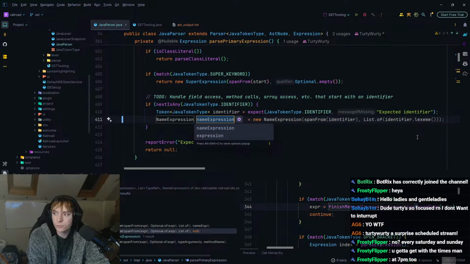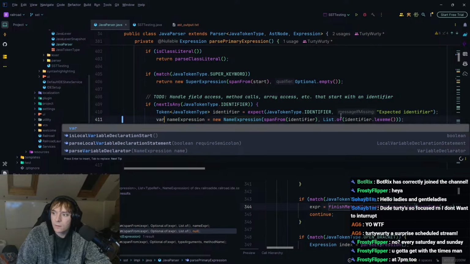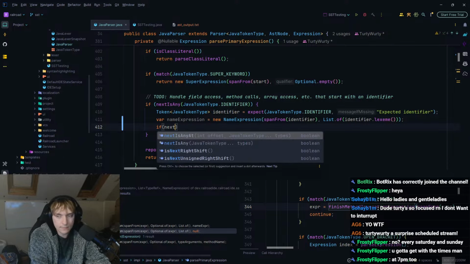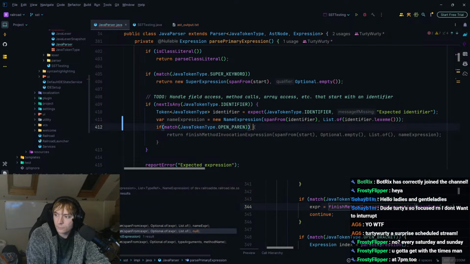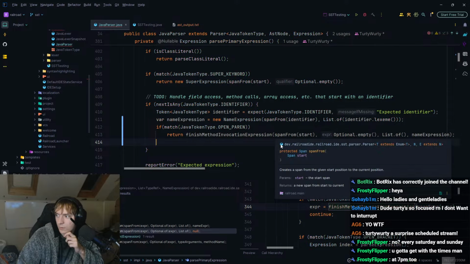So for example, we can start by making this a variable, which will just be name expression. Sure, whatever, I guess. Okay, then we need to see what the next character is. So if next is an open parenthesis, then we need to do this. Is that correct, what it's done here?